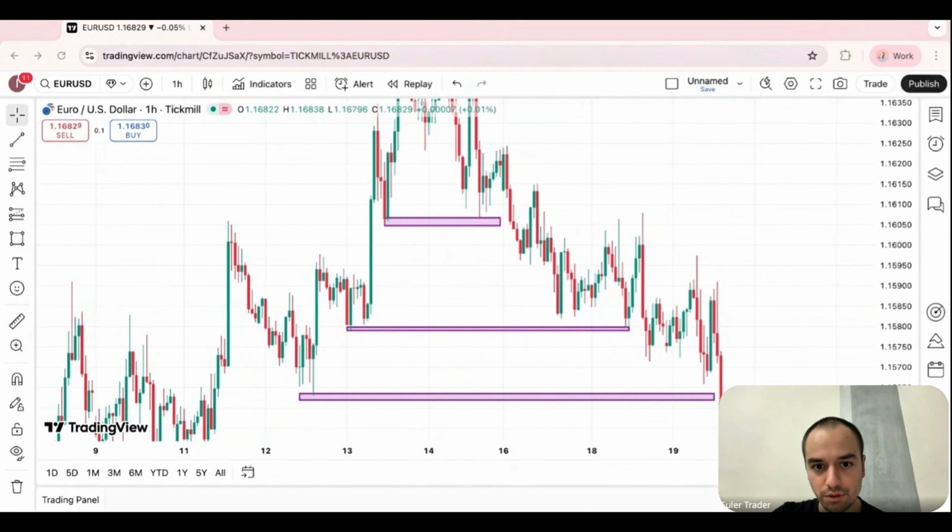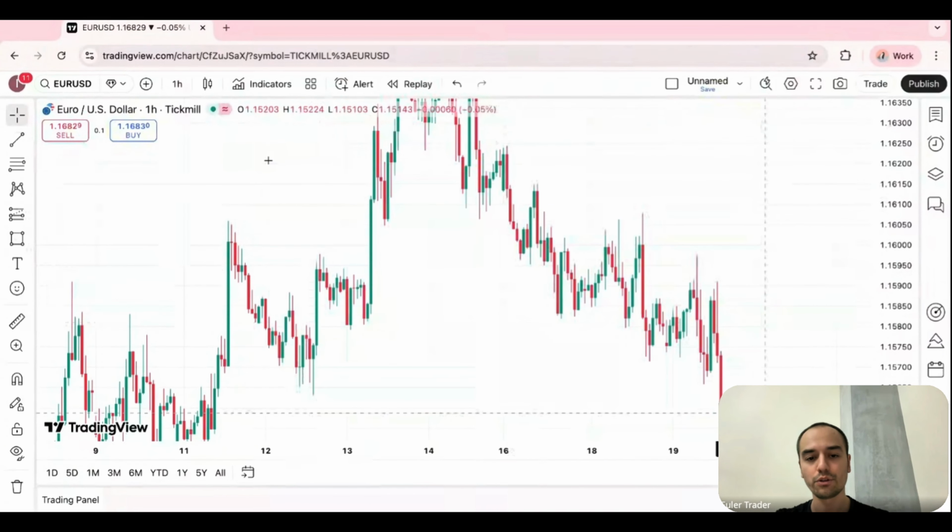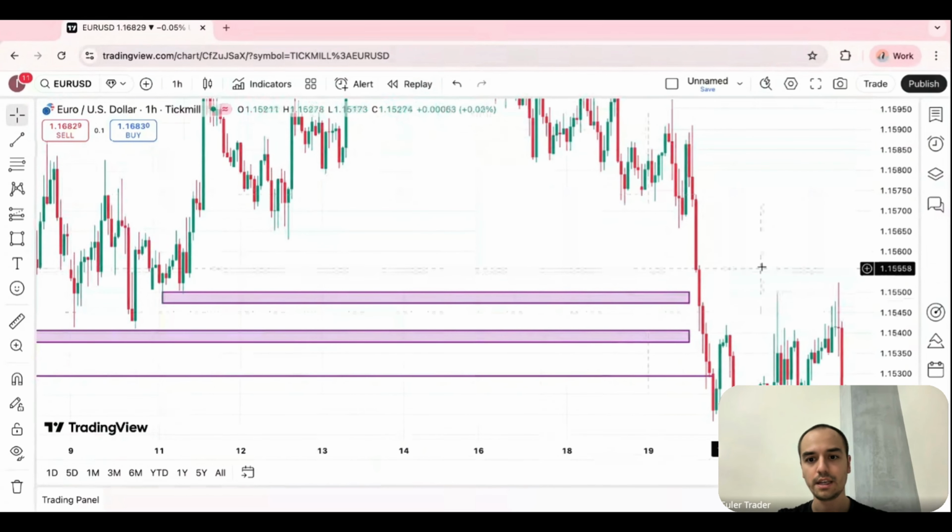So here, for example, as you can see, the liquidity has been left, it has not been swept, and then it has been taken on the downtrend. So this liquidity was not used for the price to be taken up, and then it was used for the price to be taken down in the opposite direction. Here as well, it wasn't swept, and then it was used here. Okay? And then the same logic we can see